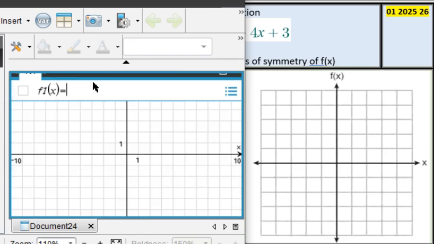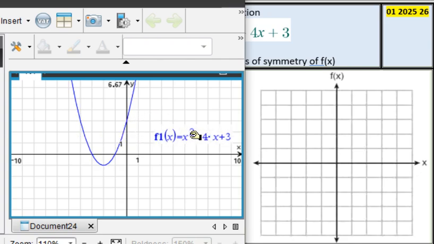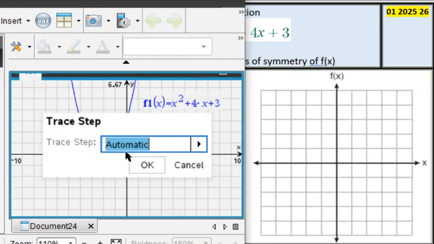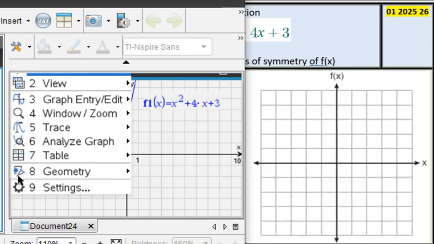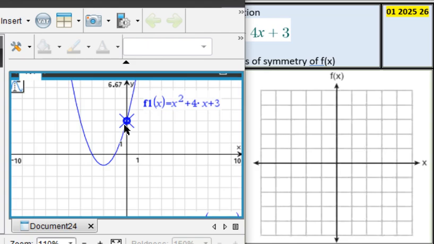So we want to type our equation exactly like we see it on our paper. x squared plus 4x plus 3, and enter. Now, this is what our function looks like. So now I can do menu, 5, 3, set my trace step to 1, and say OK. Now, when I do menu 5, 1, I want to plot these points exactly like I see them on my